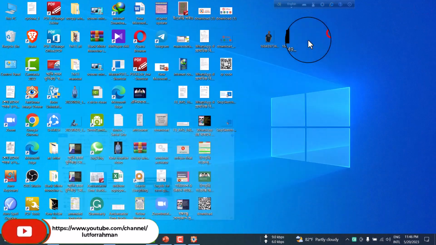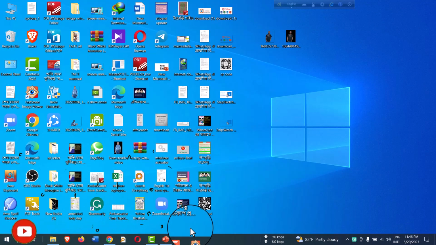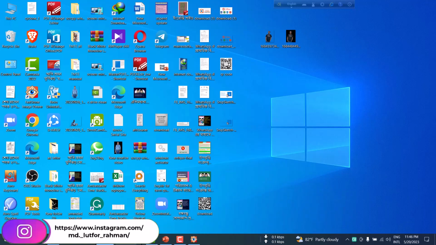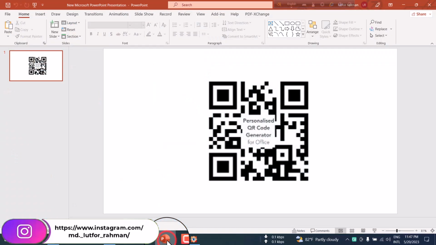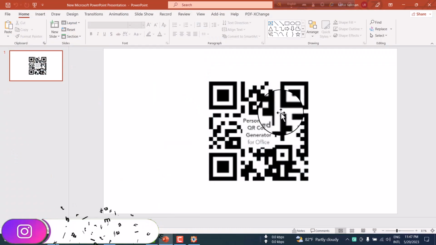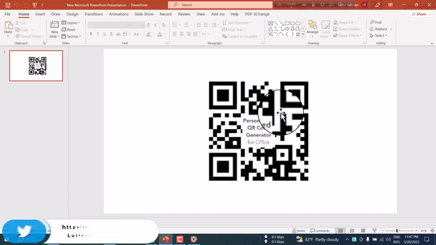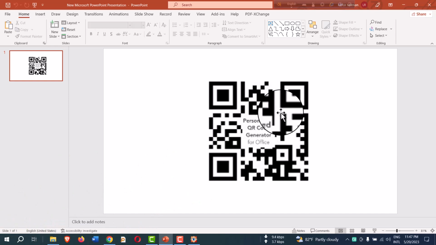Now I will take a screenshot by using this Windows default screenshot menu or trick. Let's start. This is the QR code. Now I will take a screenshot by using the easy default method of Windows. So let's start. Before doing this, please look at your keyboard and press the Windows logo key plus Shift plus